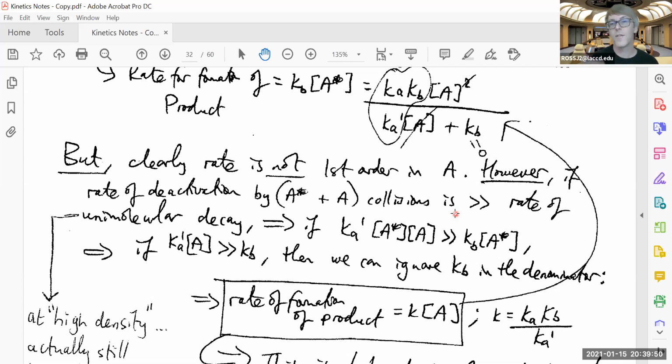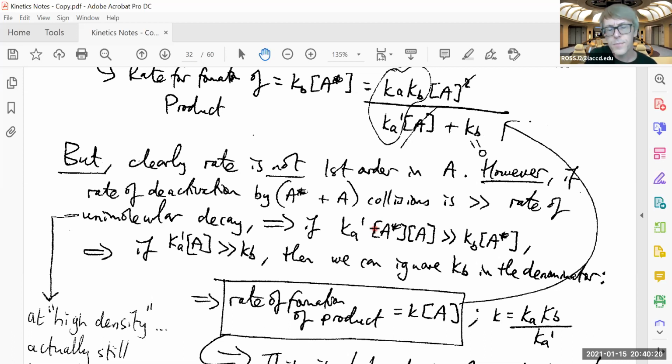If that's the fast, let's say, equilibrium process, then it's not rate determining. If, on the other hand, we assume that the actual Kb A star process is rate determining, then that would be much slower, correct? So if we assume that the product formation is a lot slower and therefore rate determining compared to this deactivation process,